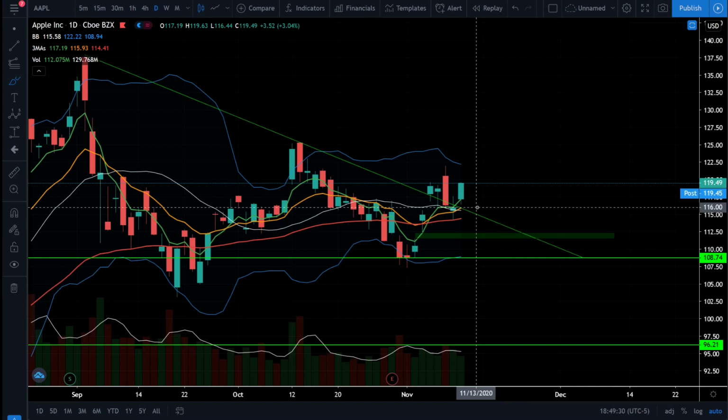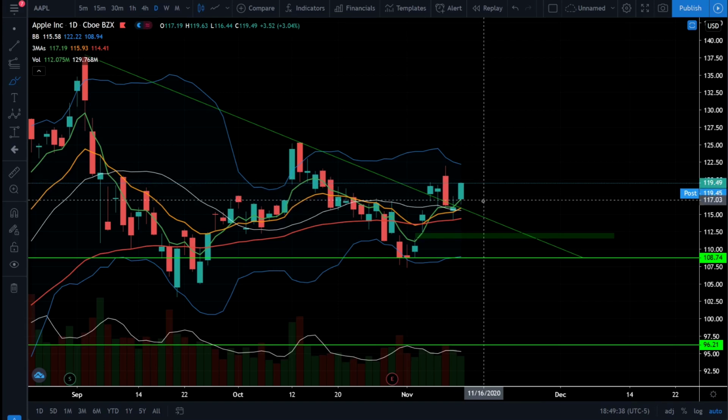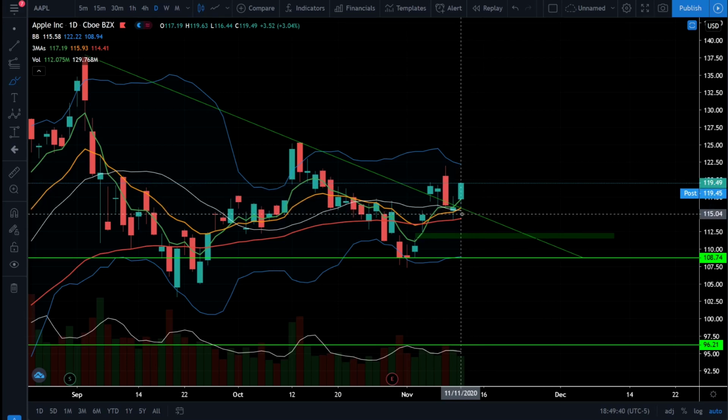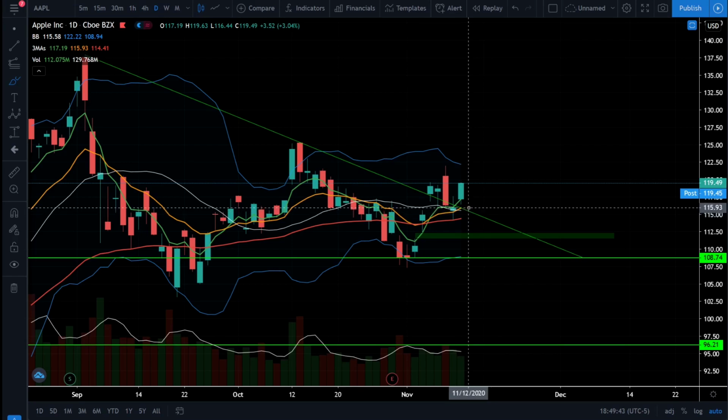Next up is Apple stock, and we see Apple broke out of our resistance trend line today, and we're starting to see that bullish trending and that bullish price action yet again. So the price action is back to closing above all the moving averages, and we're finally starting to see that 5 EMA make some separation from the other moving averages. The 13 EMA is also crossing above the 20, so all of the moving averages are now stacked to the bull side. So Apple is that market moving stock, so if Apple's starting to head higher and going into a bull market, it's likely going to help carry the rest of the stock market with it.